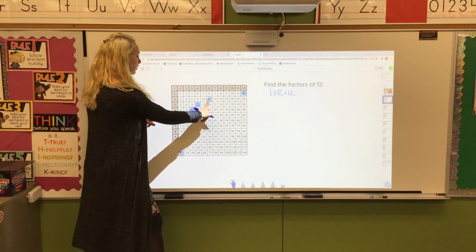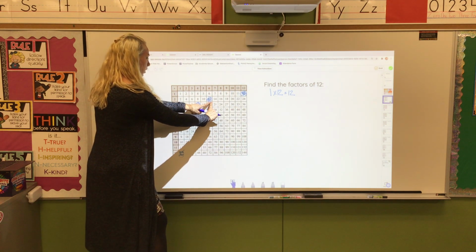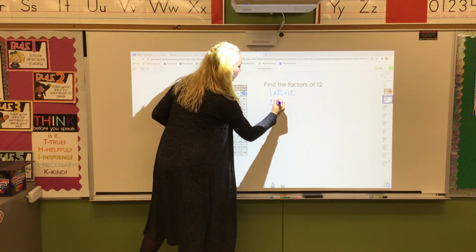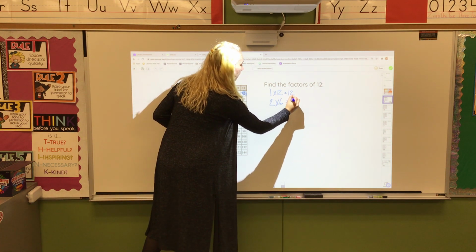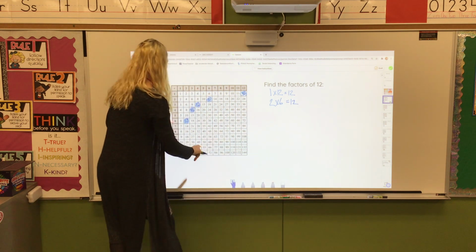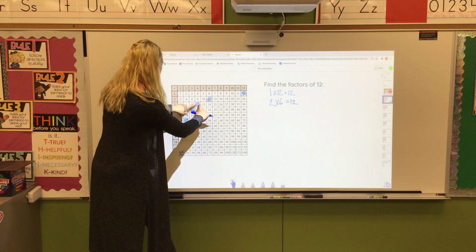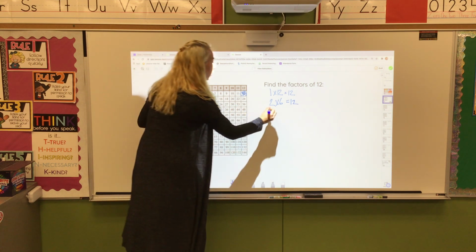What about this one? What two numbers gave us this number? What gave us 12 here? Very good. We had 2 times 6 equaled 12. And this one we had 3 times 4